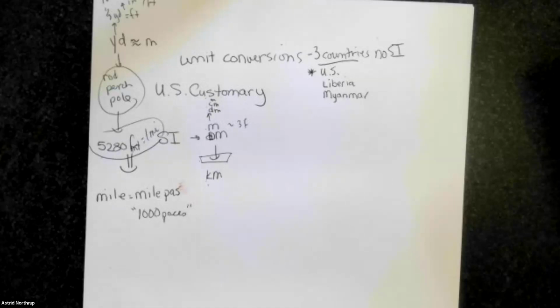So, and one of the things we'll do, for those of you that take surveying with me in the spring, we always measure our paces. And it's really interesting because most people's natural pace is right at 1,000 paces per mile. Mine is within a fraction of an inch of 1,000 paces per mile. I mean, I can walk anywhere and determine how long it is by my own pace. Everybody I've ever met,